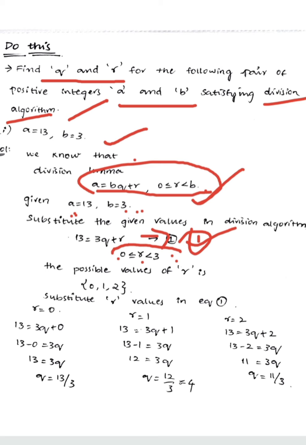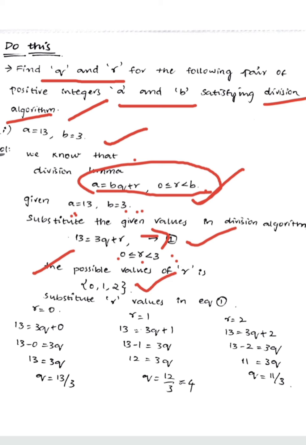Here it is given a condition that 0 should be less than or equal to r less than 3. So using this condition we have got an idea that r should lie between 0 and 3. So the possible values of r can be 0, 1, 2 but not 3. Why? Here 0 should be less than or equal to r, so 0 is included because the equal to sign is there. Now r is less than 3 but not equal to 3, so 3 is excluded. We are not going to consider 3. So the possible values of r are 0, 1 and 2.